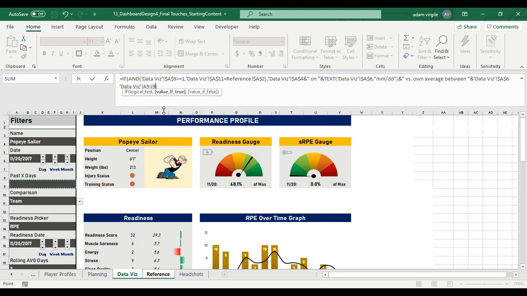Let me drag this, make it bigger. And I'm going to remove the I9. I keep on doing it. I just want to keep it to the A's. Doesn't matter. So whatever the date is minus however many days that is, between this, and I'm going to do quote, space, dash, space, quote, ampersand, this date,